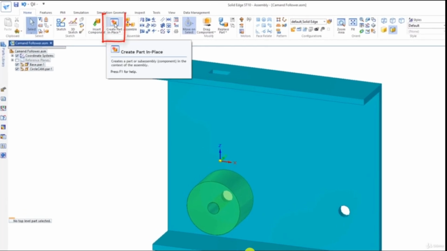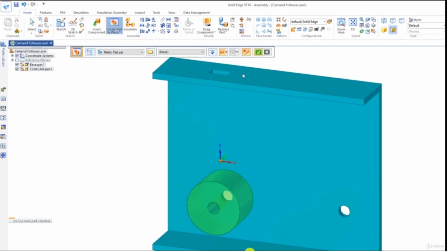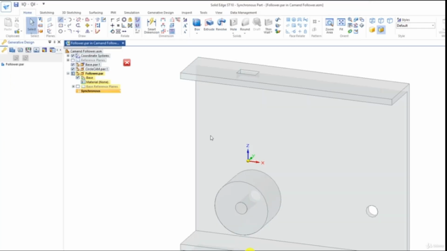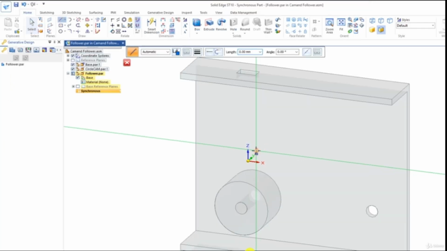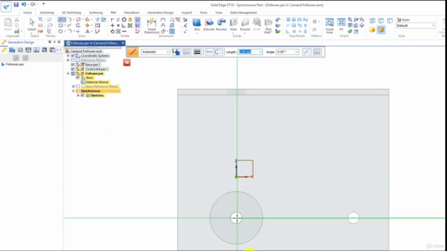And now I'd like to create the follower. So I'll do another create part in place. I'll call this follower. And I'll go to the line command on this front face here, look at the front view, and I'll draw a follower,